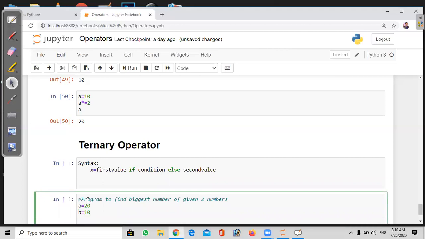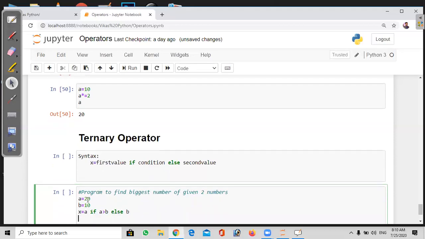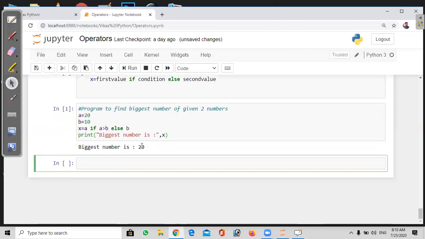So x equal to a if a greater than b else b, and print: biggest number is, x value. Now when you run this, the biggest value is 20.